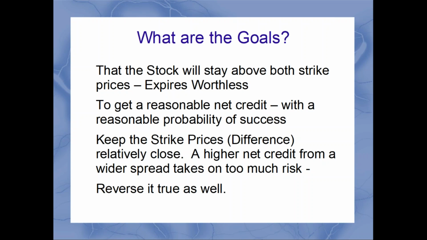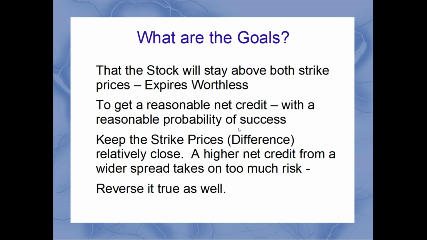I can't expect to get a $3 net credit on a 5-point spread with an 80% probability, or a $1.50 net credit on a 2.50 spread with an 80% probability. If I'm looking for an 80% probability or higher, I'm looking at maybe making 40 cents on a 2-point risk. Okay? Maybe 50 cents on a $2.50 spread, more like 50 cents on a 5-point spread, which equates to 11.1%